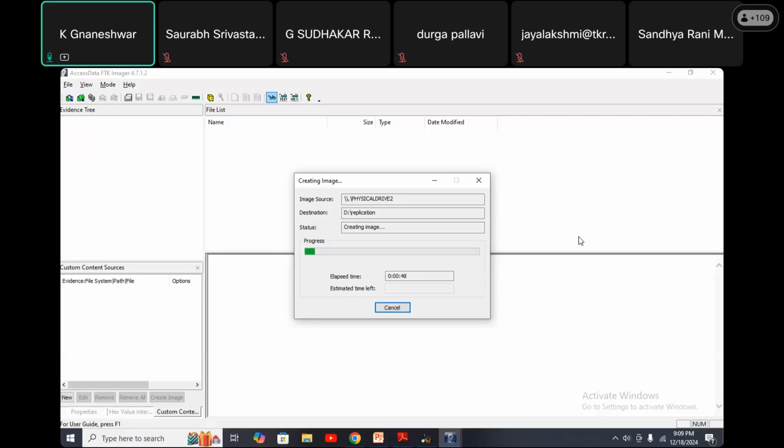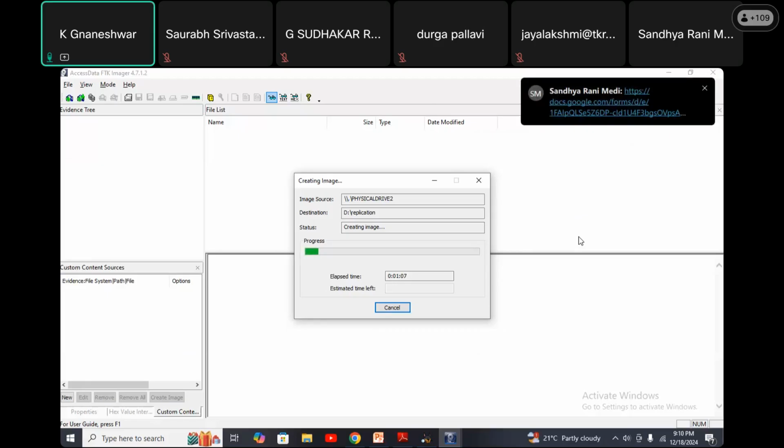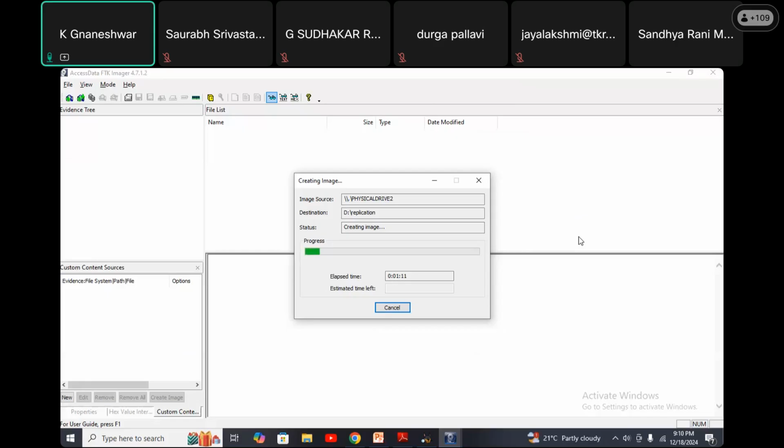But for the maximum of investigations, even nowadays, basically these tools are applied first. In any investigation area, first applying ATAPs and FTK, and only then going further, if we are not getting clear information with these tools. In my knowledge, I am saying, if we practice on these two tools, then directly we can get clear information. Once the progress is completed, we can get the data in the D drive.